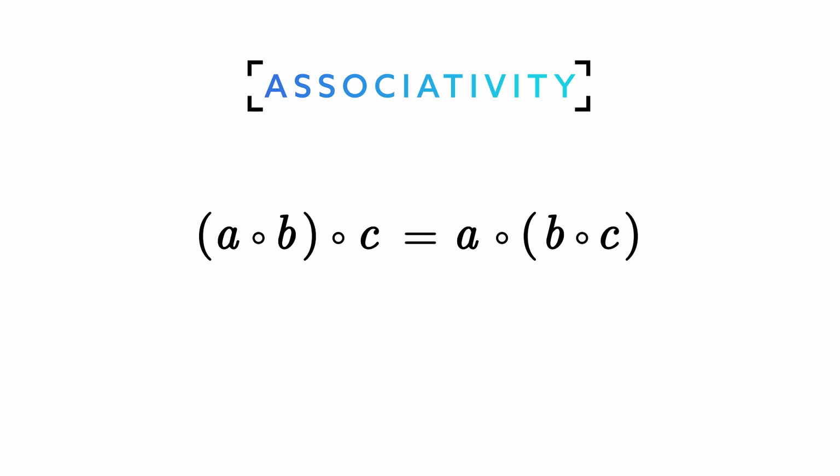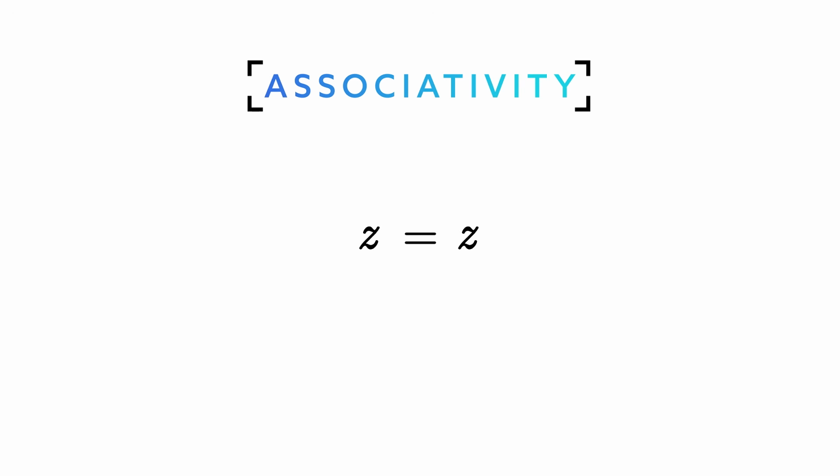The associativity we all know from addition and multiplication. Formally, it says that when operating three elements together, whether you first operate A and B, or first operate B and C, the result in the end is the same. In practice, this means that we can just write everything without parentheses, because there's no ambiguity about the order in which you calculate. The next two rules are a bit more interesting though.